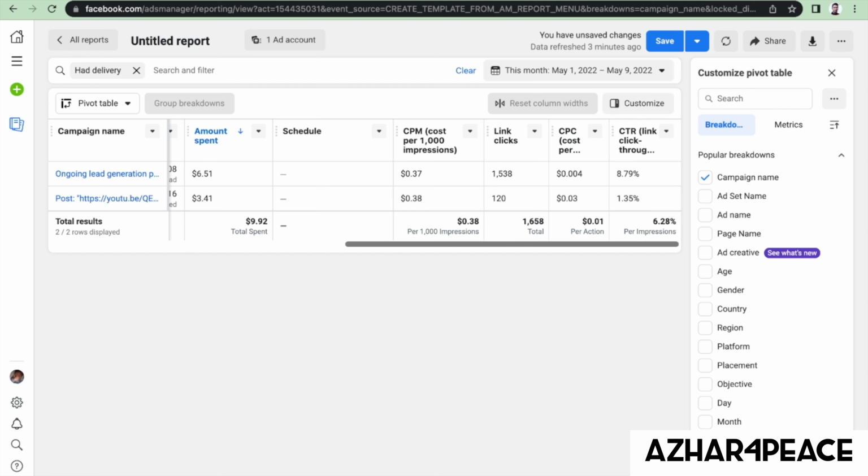So I hope you guys will not do anything illegal, because Facebook is pretty strict, and if they see something fishy or really not legal, they will ban you. They will disable your account, so you don't want to do that. Just stay away from that, because they're pretty strict, and not only Facebook, YouTube too.